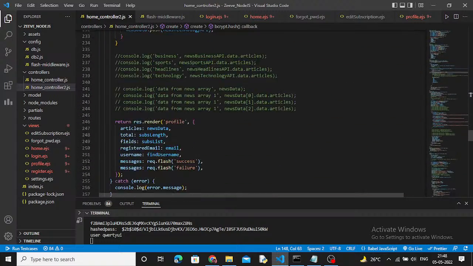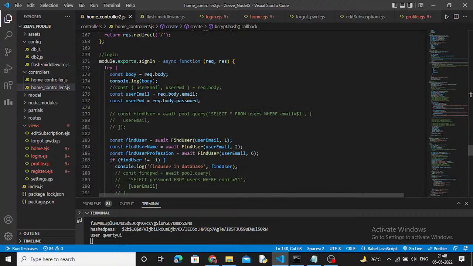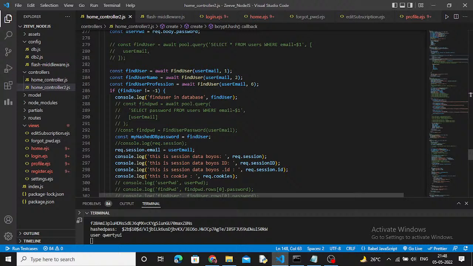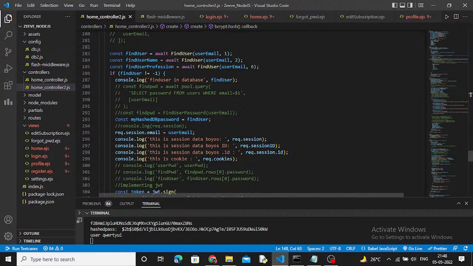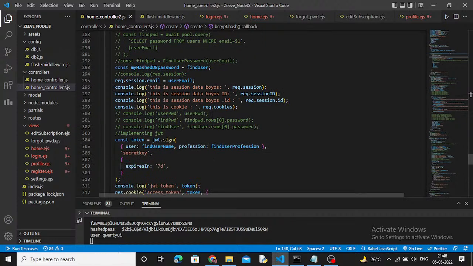Once we are done with user creation, we do login. This is inside try catch too. We get the body, we get the user email and the password, and we find the user using the user email. We find the profession and everything. And if the user is found with the given email, that's okay. We have found him, and once the user is found,